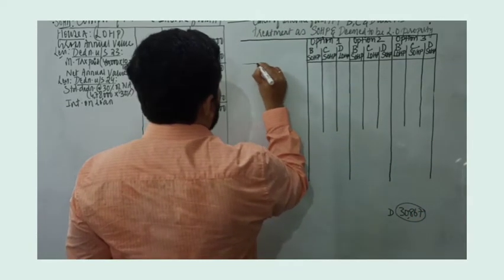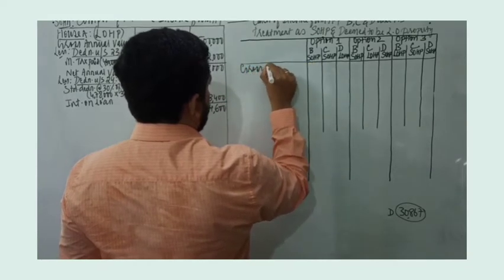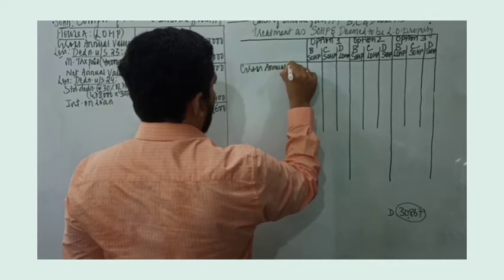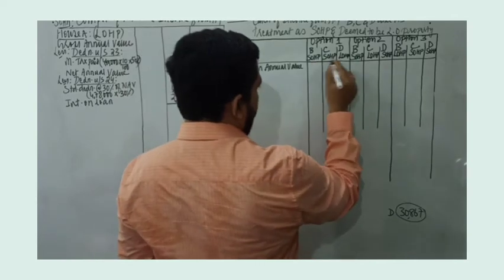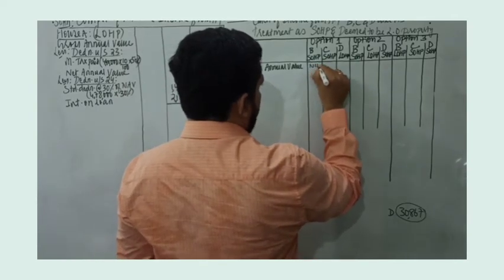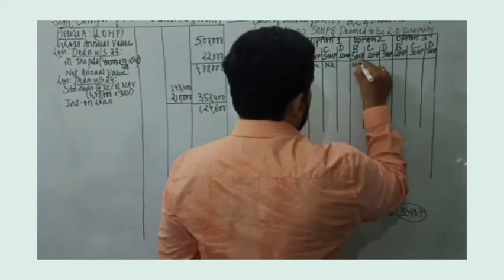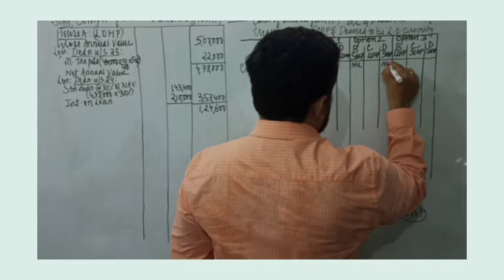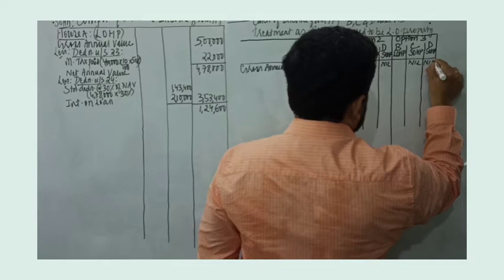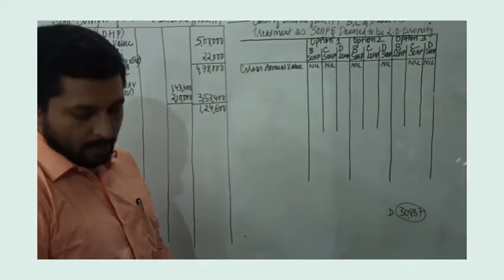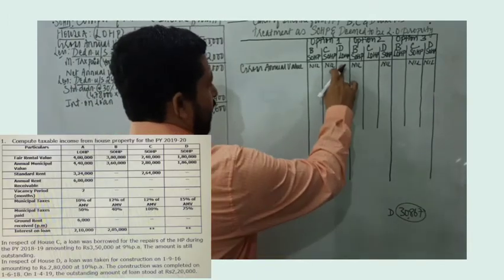So the first thing that we will record over here is the gross annual value. Point to note, as far as self-occupied house property is concerned, it is nil. So wherever we have written SOHP, you can record the word nil. So in all SOHP columns, the value is nil. Now we remain with the let out house property. Let's take house D now.